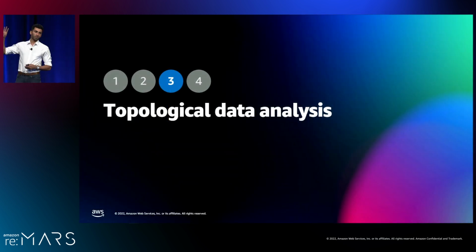Okay, the third algorithm is topological data analysis. It's an algorithm that's gaining a lot of popularity in machine learning, but it's hitting some very profound barriers. And that's because most of this computation cannot be done on a classical computer. And we hope that quantum computing can unlock this.